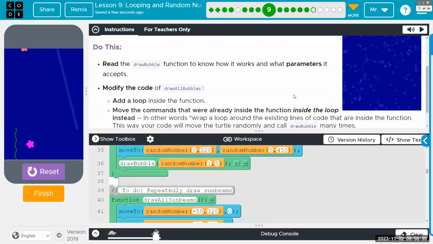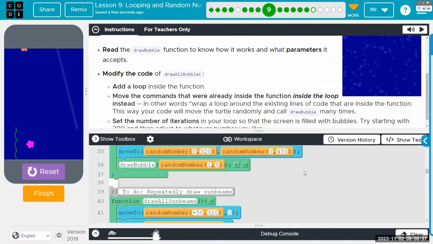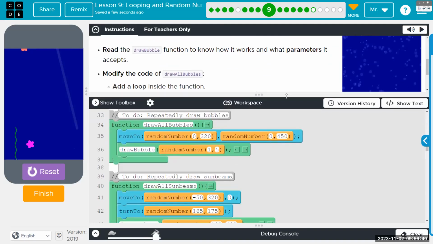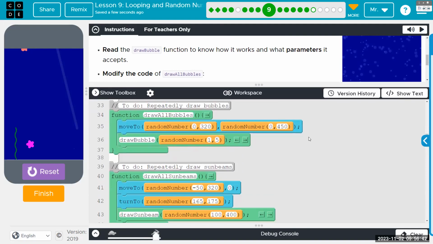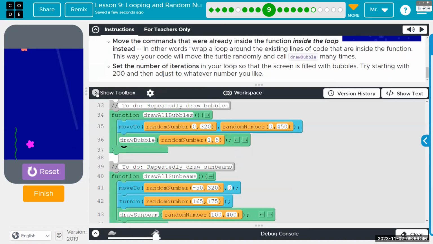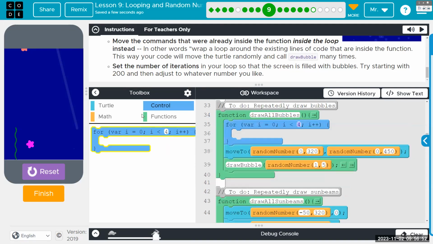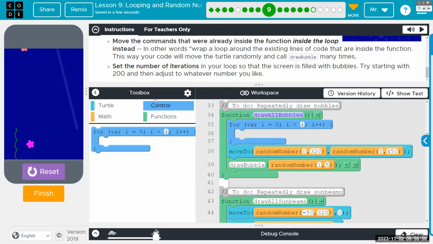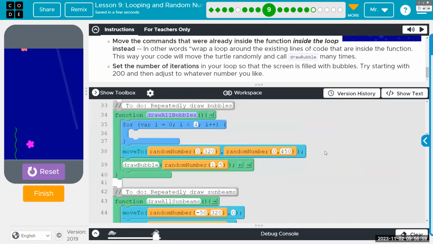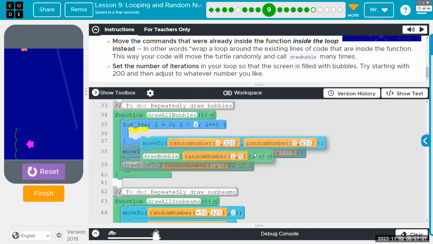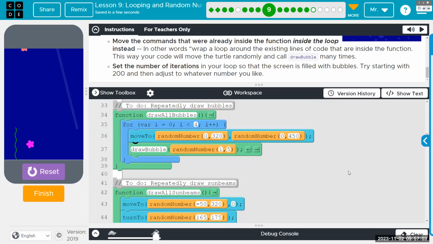Well, we're going to take whatever draws one of them, which is the draw all bubble function that works fine, and we are going to loop it a bunch of times. So you need to go to the control toolbox and bring in a for loop. It's our only loop. Into the draw all bubbles function, and then move what we have inside of it.